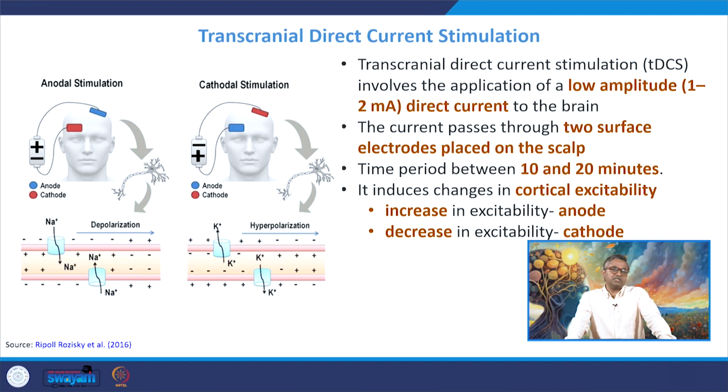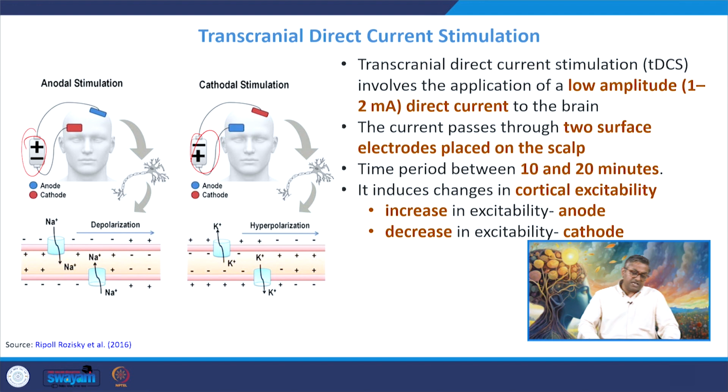So as we were discussing another non-invasive procedure, that is the transcranial direct current stimulation procedure, based on the polarity of the current, transcranial direct current stimulation is of two types. Here the direct current is being passed to the scalp using a 9-volt battery. As you can see here, it can be done using a 9-volt battery. Based on the polarity of the current, tDCS is of two different types.